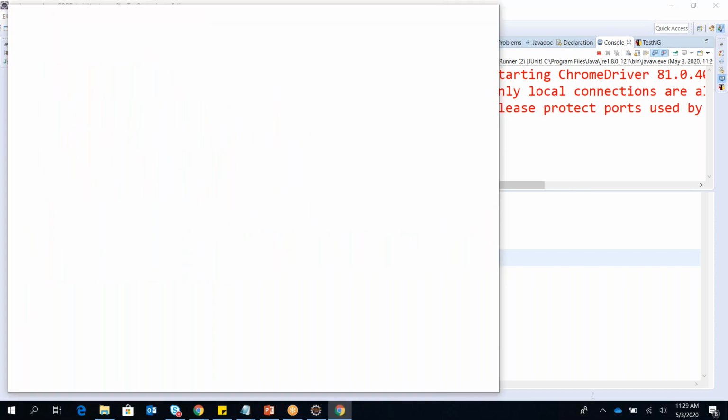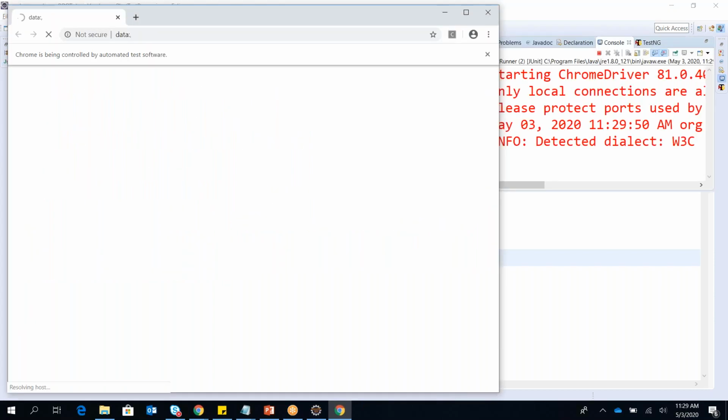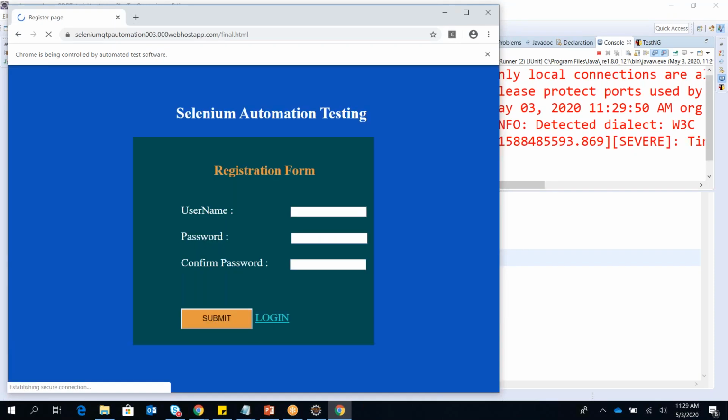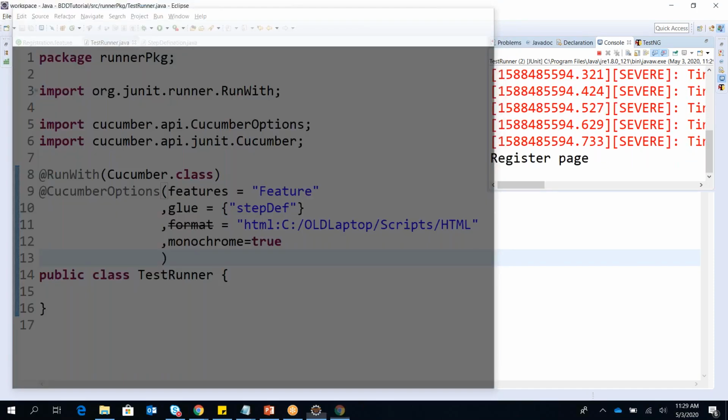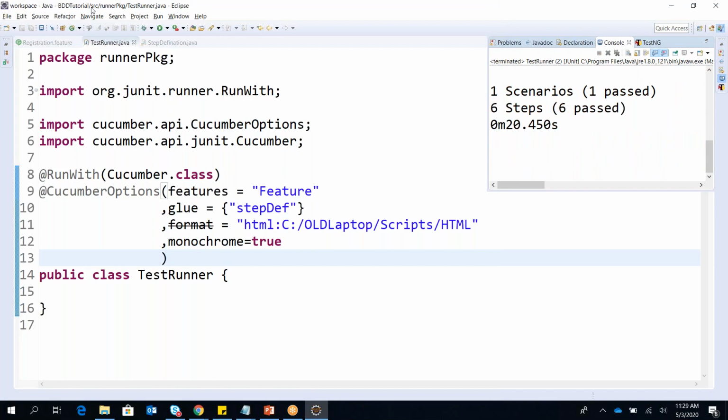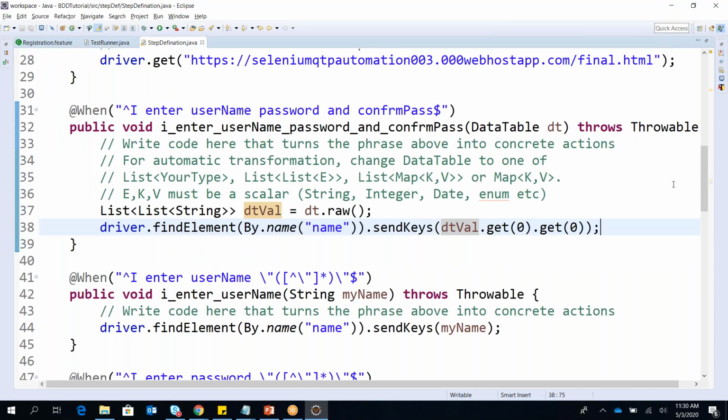So let's see, it opens. Okay, so it enters Mahesh. So that means we are going in a good way. So it enters Mahesh here. So now let's try the second value.